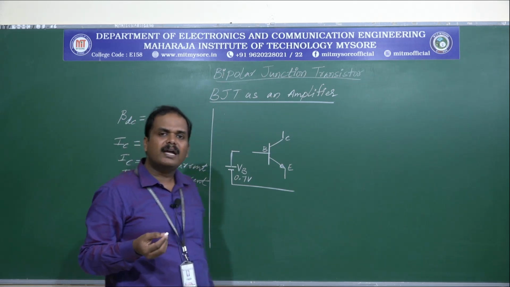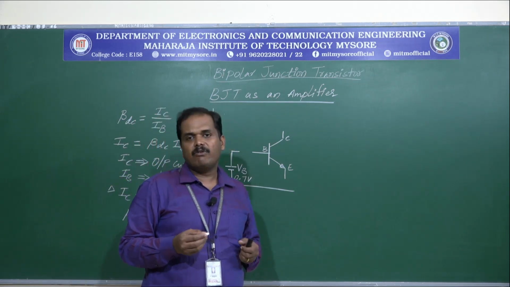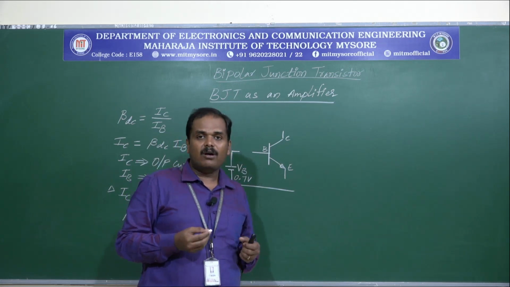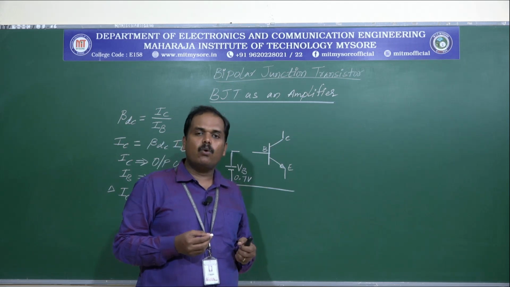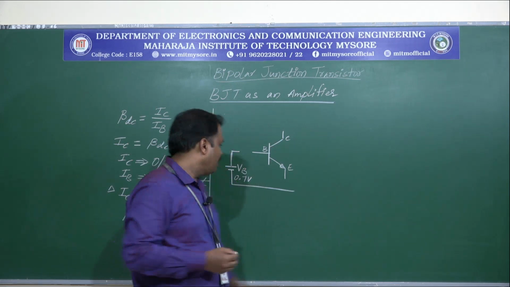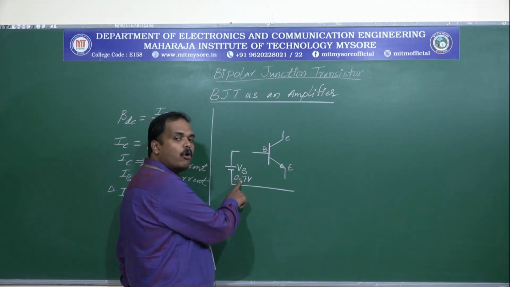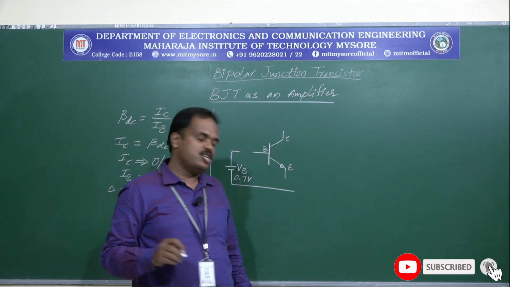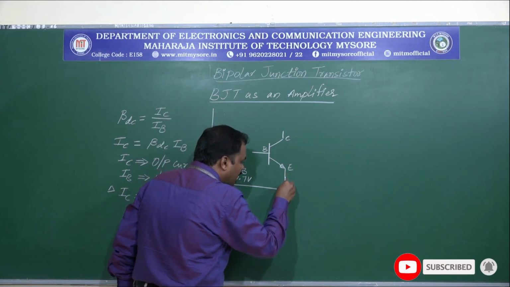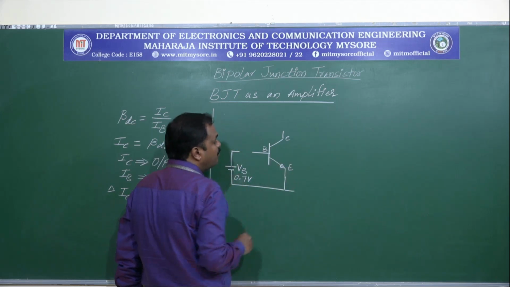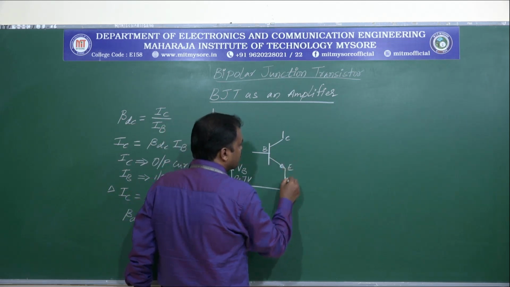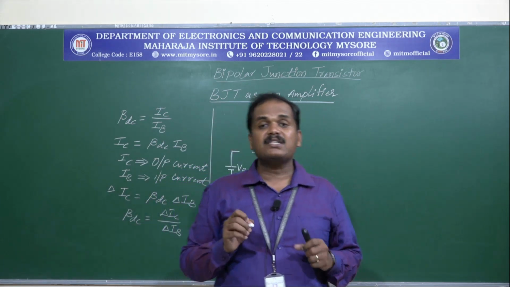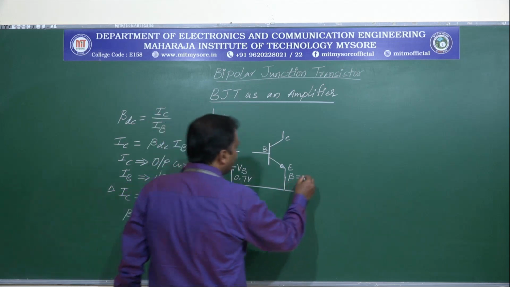So we know any silicon diode requires at least 0.7 volts to conduct. Likewise, an NPN transistor which is made up of silicon also needs at least 0.7 volts in order to turn it on. So let us consider a VB of 0.7 volts, using which we can forward bias the input junction, and let us connect this emitter to the common terminal and say this transistor has got a beta DC value of 50,